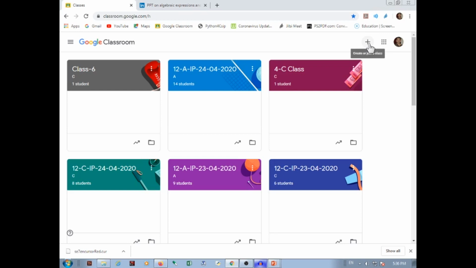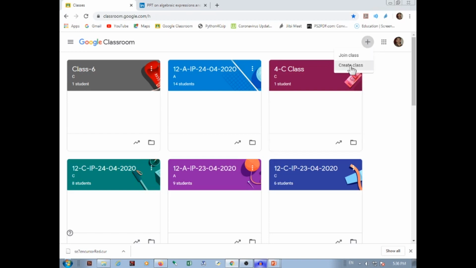Click on this plus. The join class option is used for the student and the create class option is used for the teachers. If you are a teacher, you have to create the class first, and if you are a student, you have to join the class. To join the class you need a class code. First we will see how to create a class.